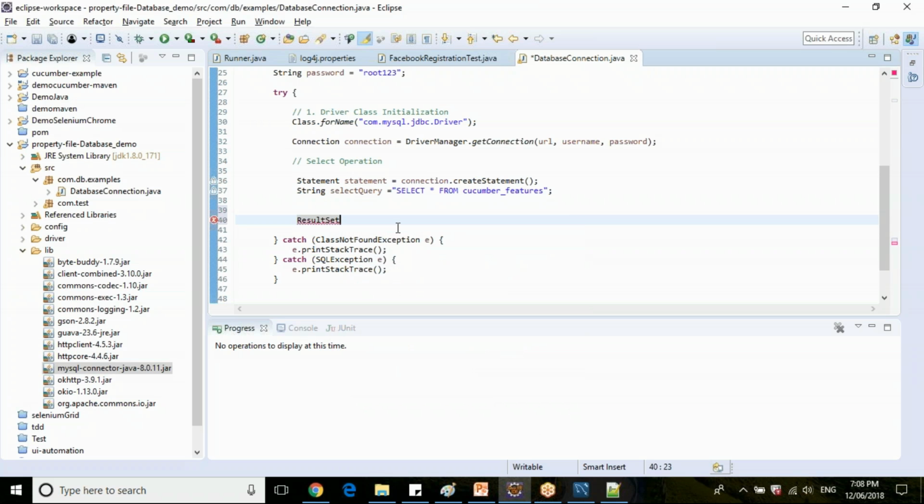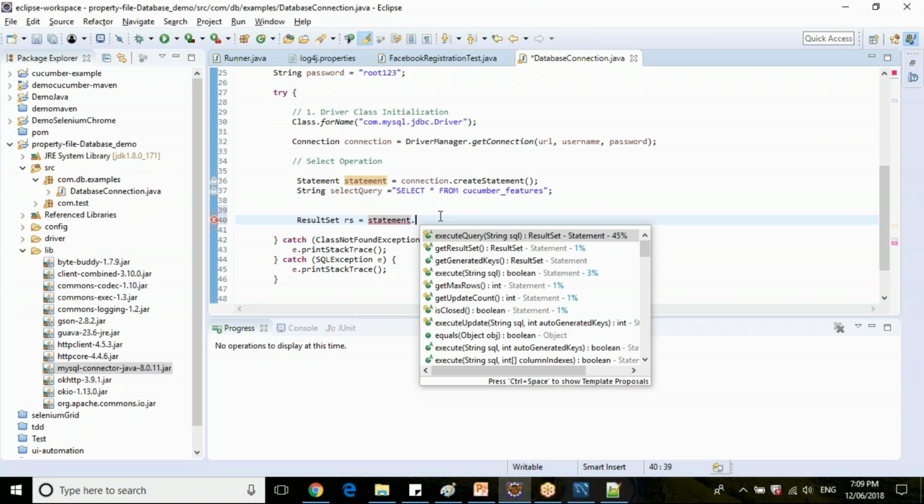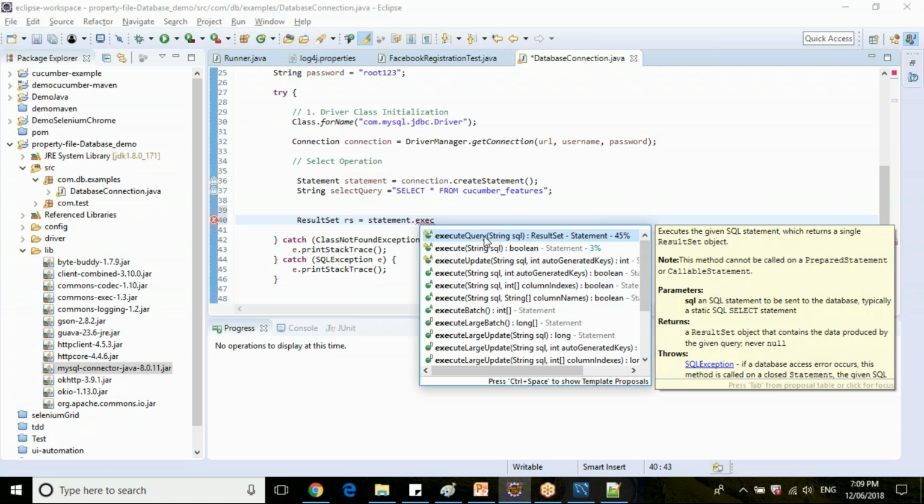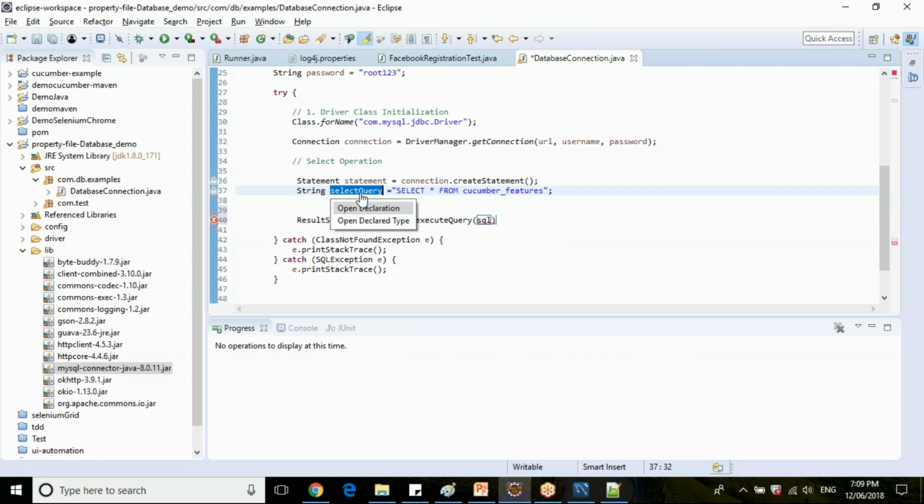The interface ResultSet. Then use this statement, the execution statement instance, to fire this. You will have a lot of execute commands, so just use executeQuery and pass this SQL query which you have written. Clear?